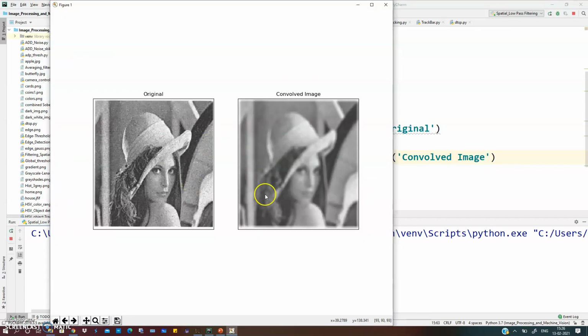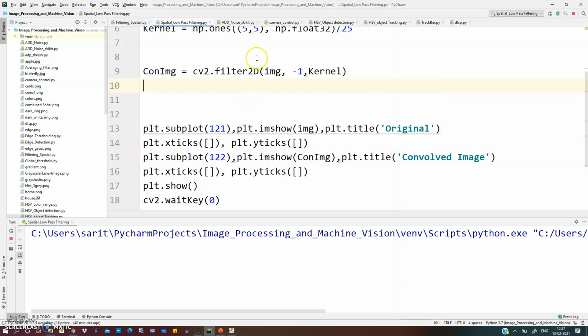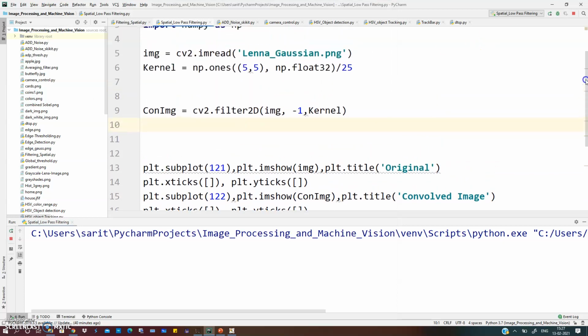So with this 5 by 5 kernel size, when we convolve our image with this 5 by 5 kernel, we'll get this image, and you can view this. This is a blurred image. It smooths the noise. We can see the effect of changing the kernel size also. Here you can take the kernel size, suppose 3 by 3. When we reduce the kernel size, its effect of blurring also reduces.